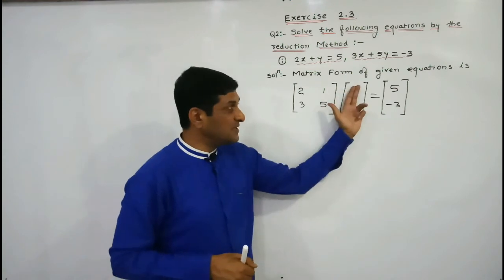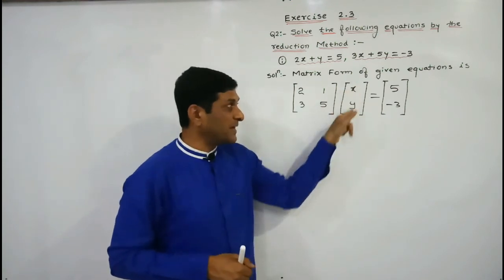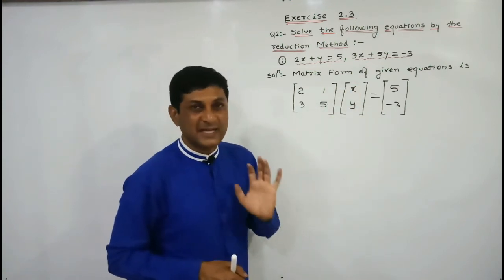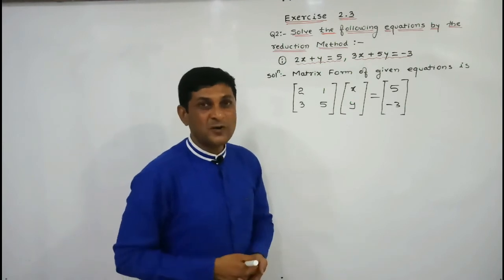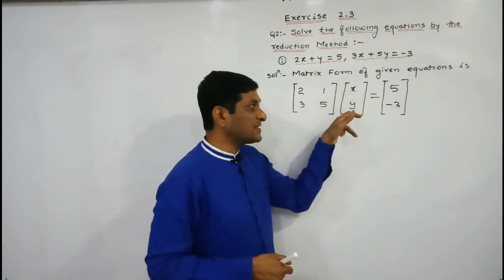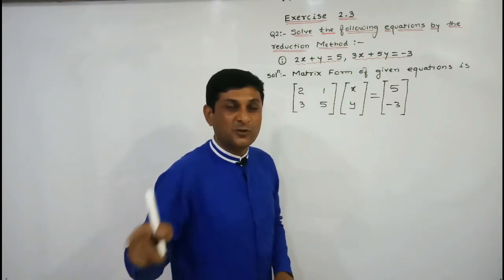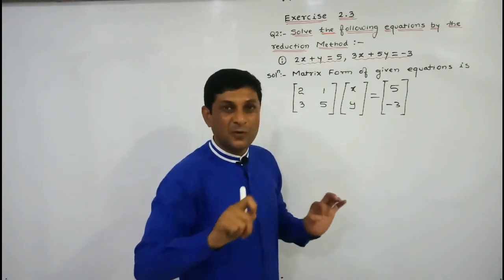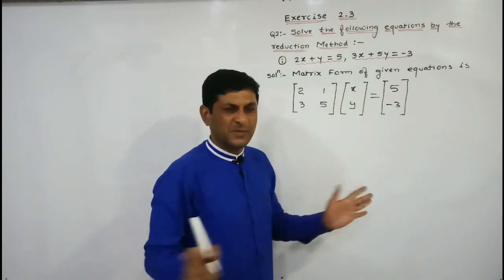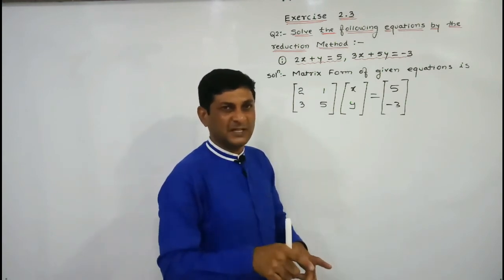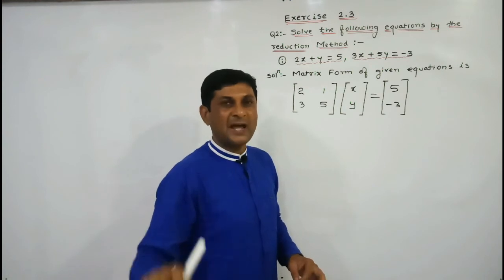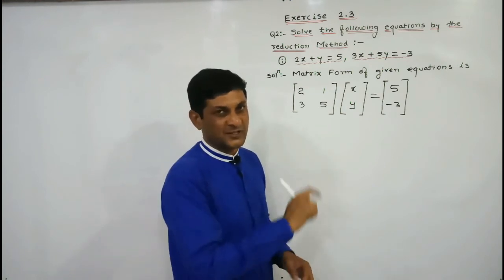So here we keep this matrix as it is, because our aim is to find the value of what? x and y. x and y are nothing but what? Variables, and to find the value of x and y this matrix should be constant, means the post factor should be constant, and to keep the post factor constant we have to apply row transformation. Simply remember that in the reduction method we are able to apply only and only row transformation.